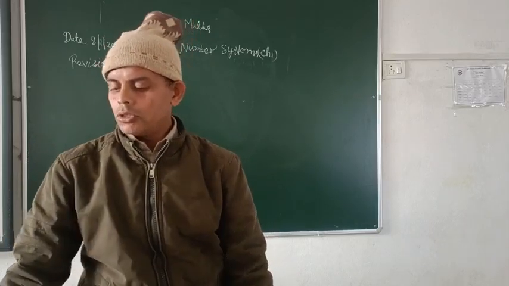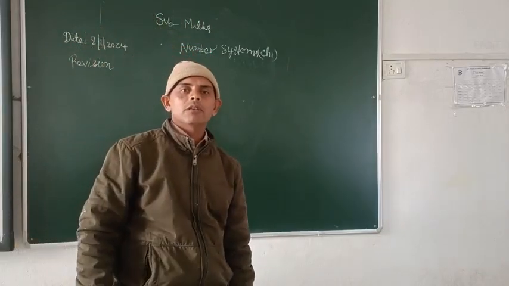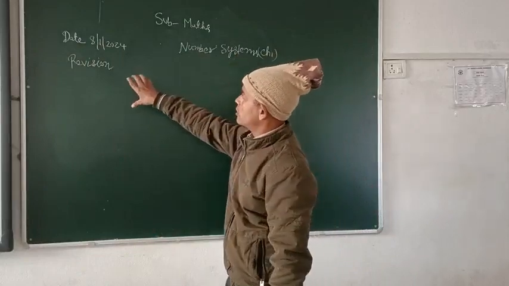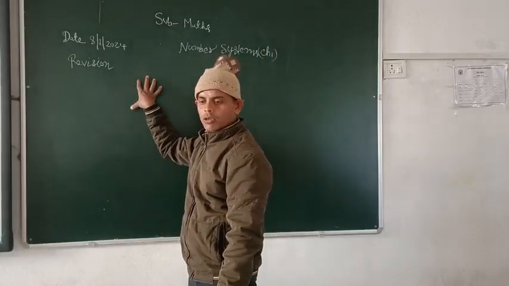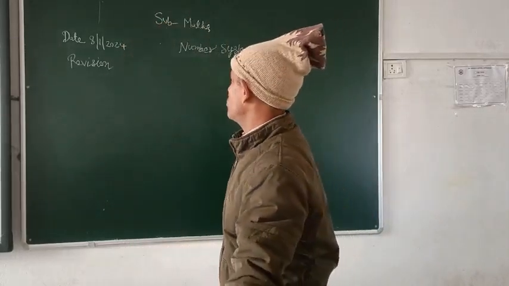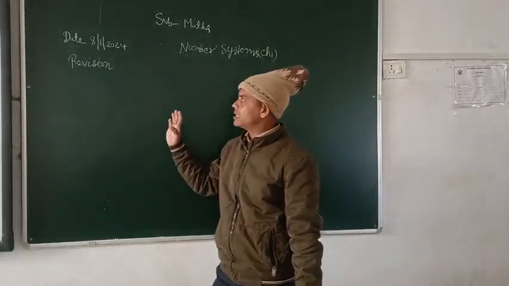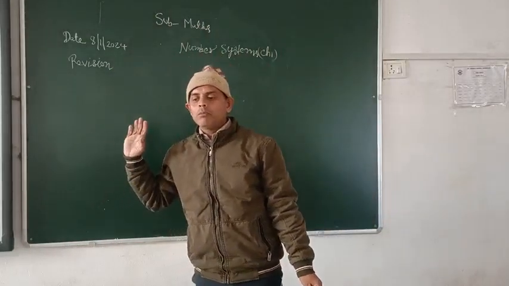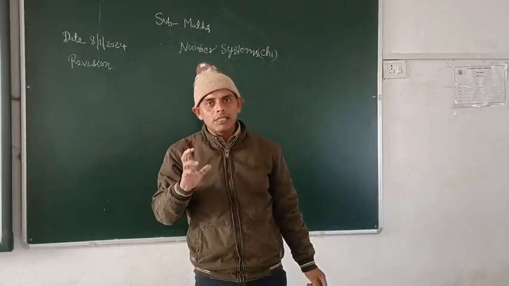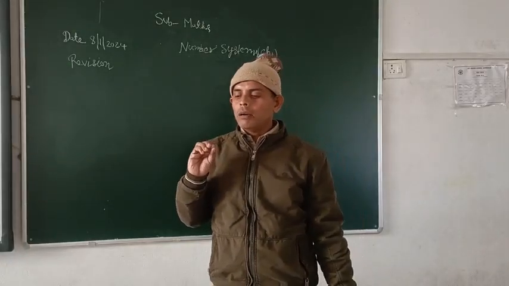So, today we are discussing your chapter number one, and that is the number system. We are going to revise this one. Okay. So, first one, what is number system? You know what is a digit, and I think you also know what is number. Number means when one or more than one digit are combined together to make a number.